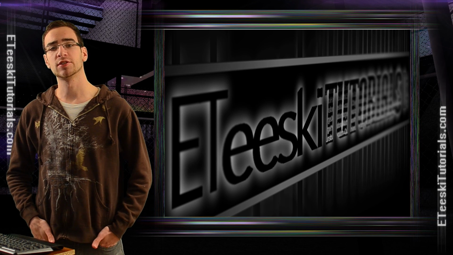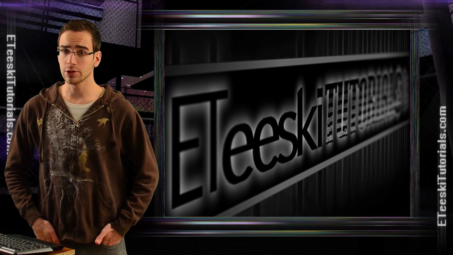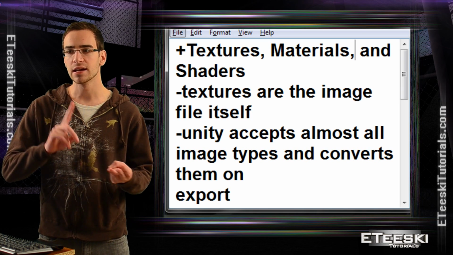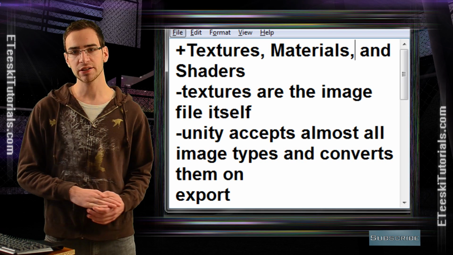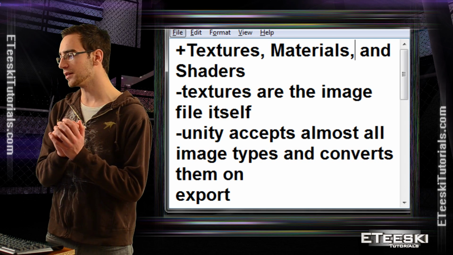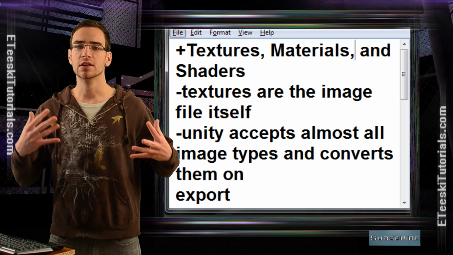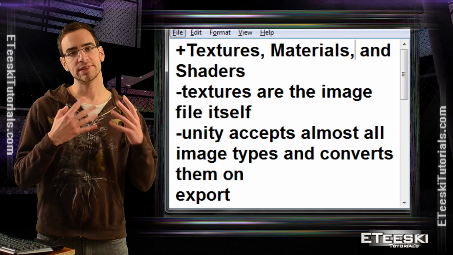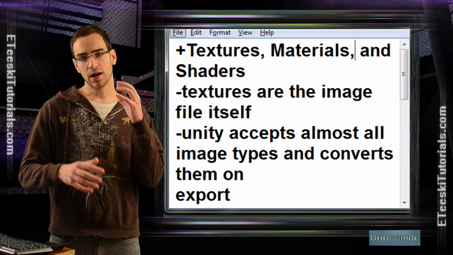Today's Unity Quick Tip is going to be introducing you guys to the differences between textures, materials, and shaders. So, just as a summary, textures are basically the image file itself, like JPEG, PSD, TIFF, GIF, PNG, all of those good things. A material is basically a particular file type that is unique to Unity, or at least in our case is unique to Unity, and basically kind of saves the recipe for how the surface of an object is going to look. And a shader is the code that is used to determine the exact